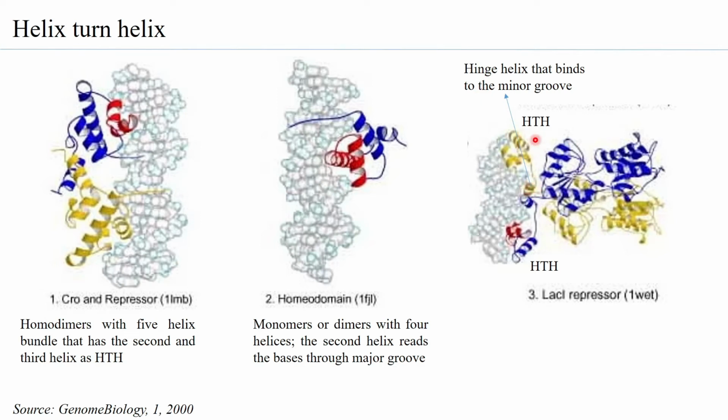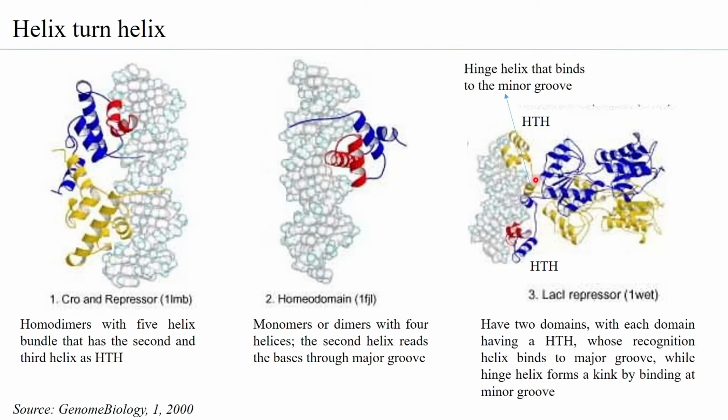So when you have the helix turn helix, of which the recognition helix interacts with the major groove, the hinge helix is actually interacting with the minor groove. And when the hinge helix binds to the minor groove, it actually creates a kink. So the helical axis over here changes orientation because of the formation of a kink due to the hinge helix. Now, this formation of the kink is basically stabilizing the interaction of the entire LacI repressor with